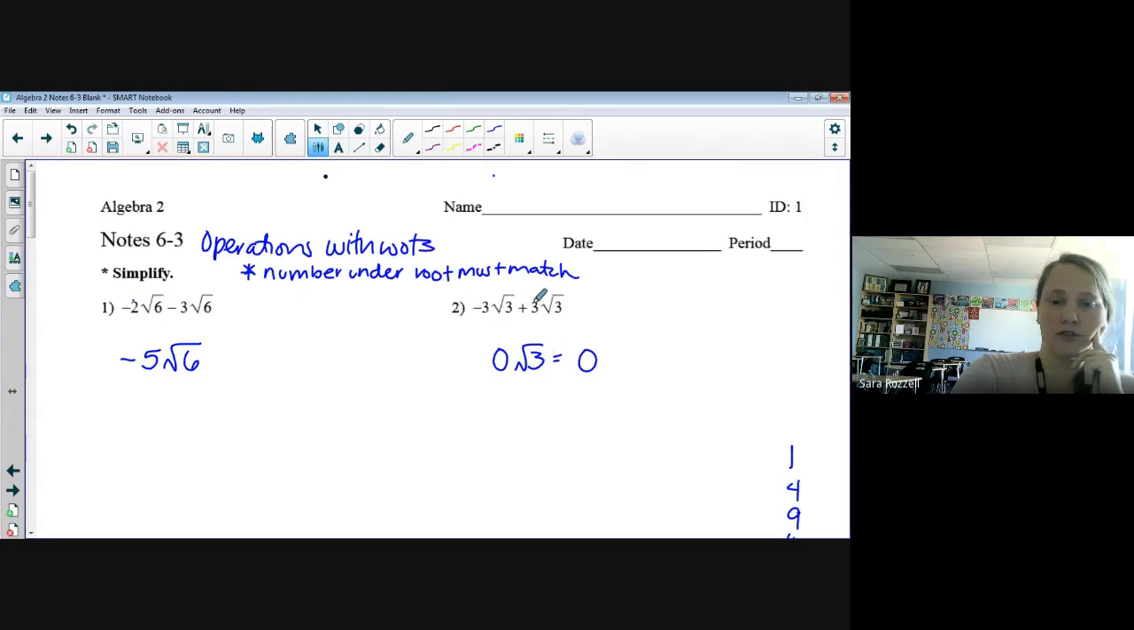Similarly, on number 2, the root 3's matched. So I know I'm going to have a root 3 in my answer, but -3 plus 3 means there were 0 root 3's. 0 times anything is just 0. Okay, so when those match, you just add or subtract whatever number you have in the front and keep the